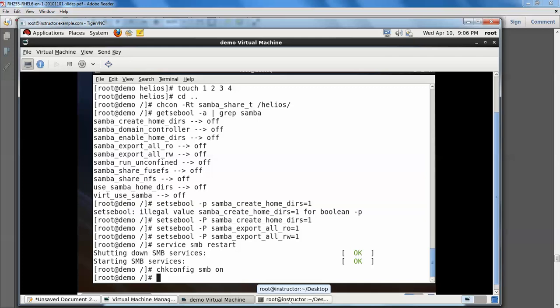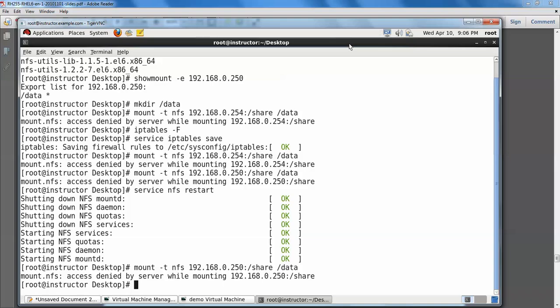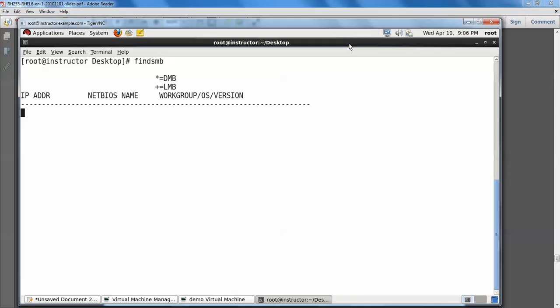Now we will discuss the client part. On the client side, find SMB, run that command. So what SMB names will be there? So we have 0.254. Wait a minute.